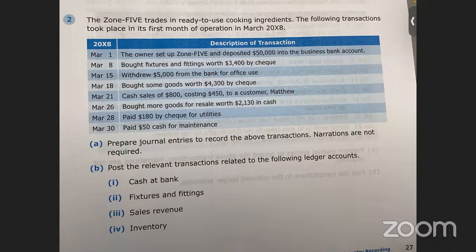Which is said in the question: owner withdraw 10,000 for personal use. Okay, that's what happened. That is what I say, the reverse scenario of March 1. So far, everything makes sense? Yeah. Now, I want you to write the journal entry for owner withdraw 10,000.